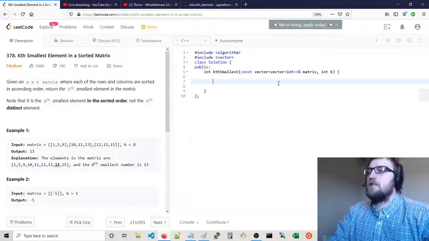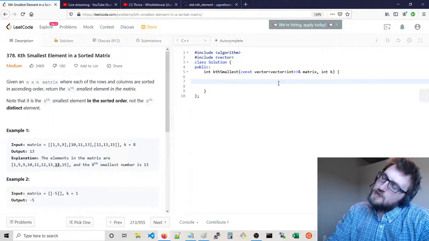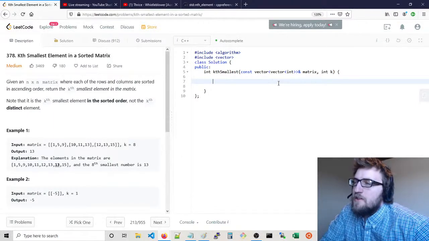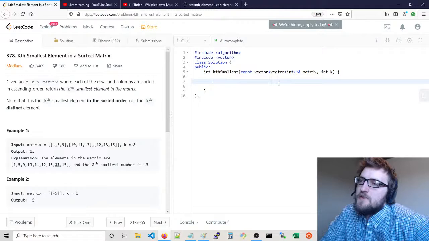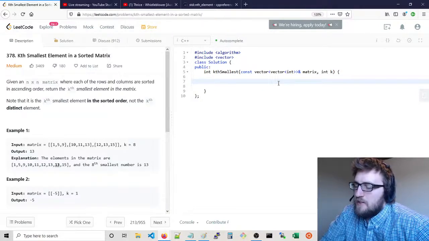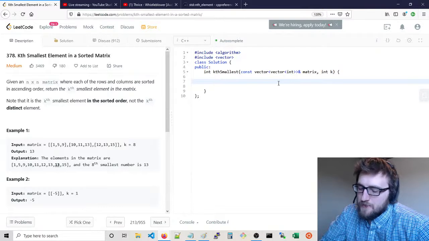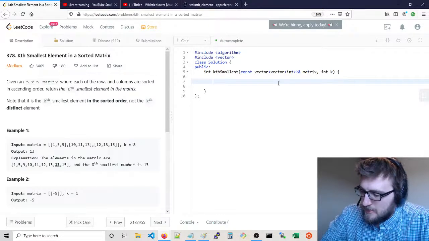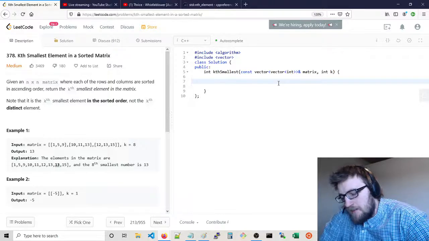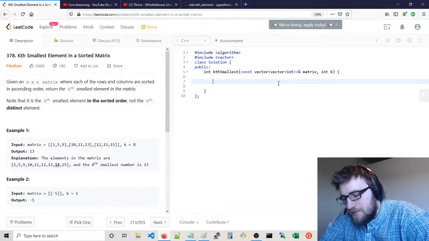Anyway. This is going to be our O of k solution, which is O of n, or if k is large, solution. So let's try that. So we're going to say, basically start in the top left of the matrix, and then the neighbors of that element are going to be candidates for the next, right? So basically sort the neighbors, only four, at most it's going to be four, so sorting is fine. Sort the neighbors, get that next, move to the next position, depending on which of those is